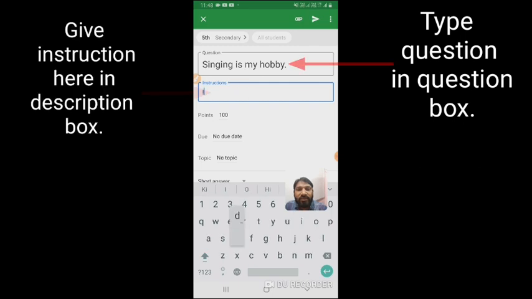Instruction, I will write, identify whether it is gerund or present participle.